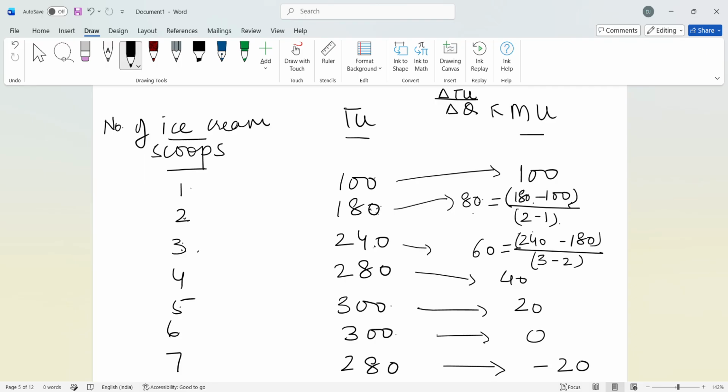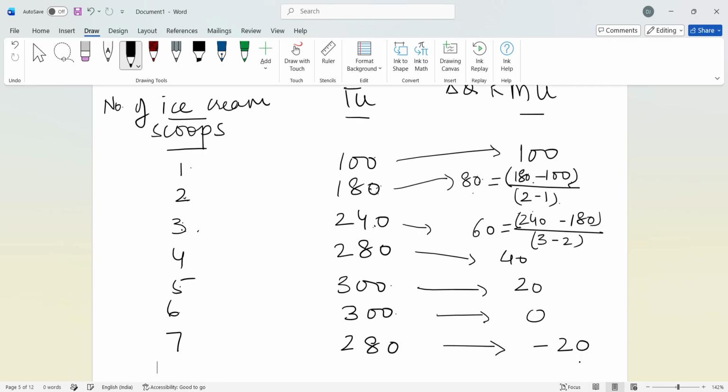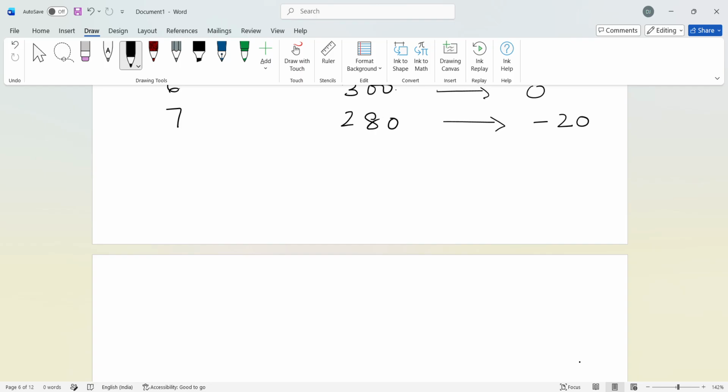This is what actually happens when we consume commodities. Marginal utility is nothing but the additional utility, the additional utility that we derive by consuming one more unit of a commodity. That additional utility keeps on declining right from the second unit of the product consumption. That's what this is. And this is what your law of